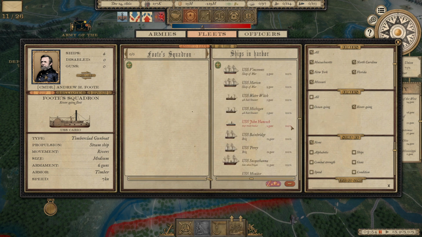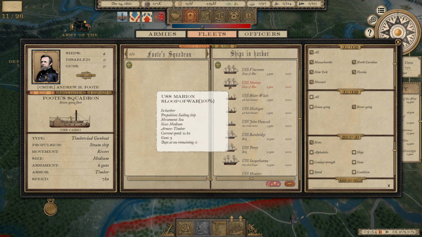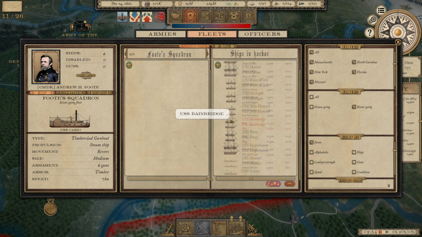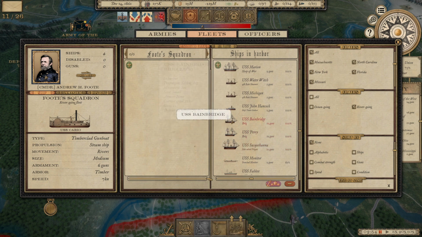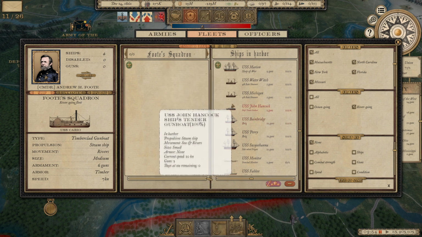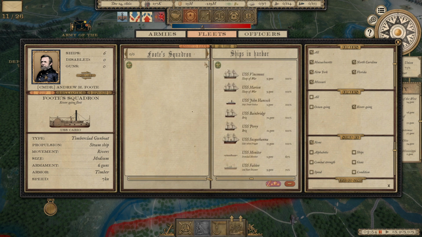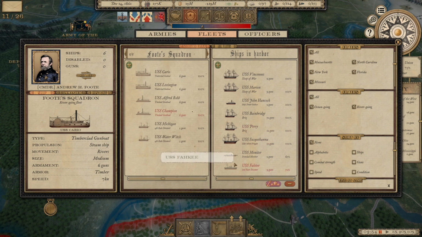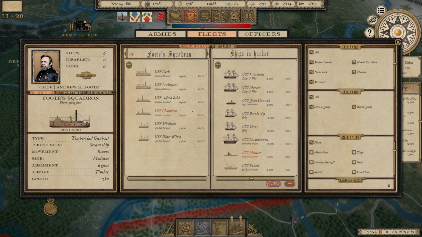I'm confused why those don't classify as river going, but whatever. So these are river as well. Sea and river. I don't know what a ship tender gunboat is, but let's give these ships also. So we'll add 2 4th-rate steamers. Not sure if they have to sail up the Mississippi and if that'll fail or what, but